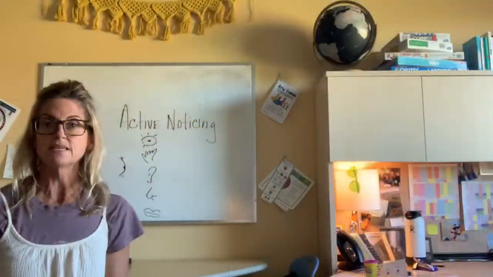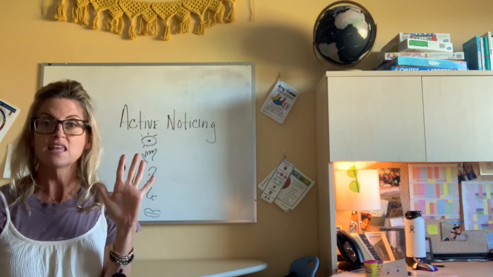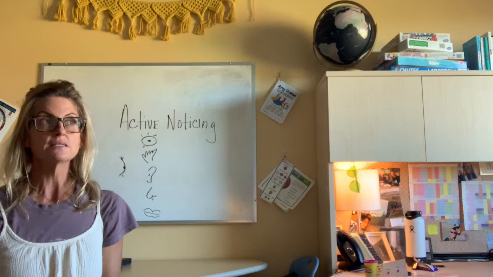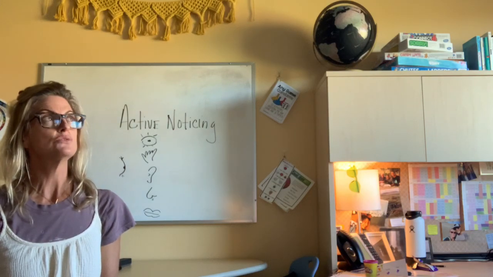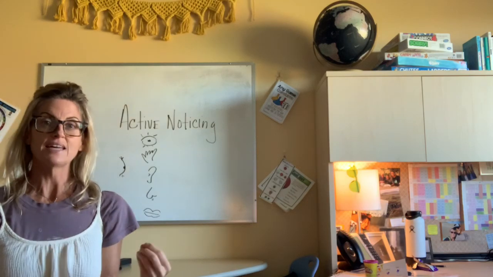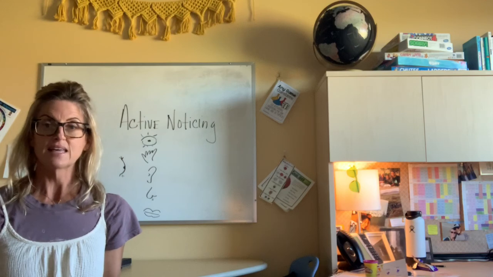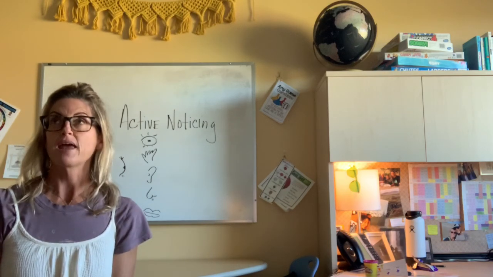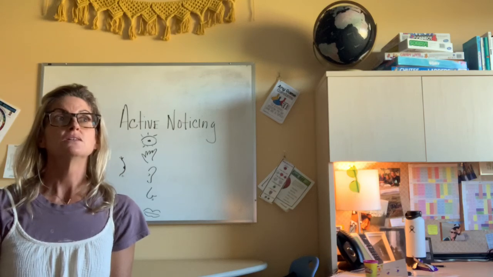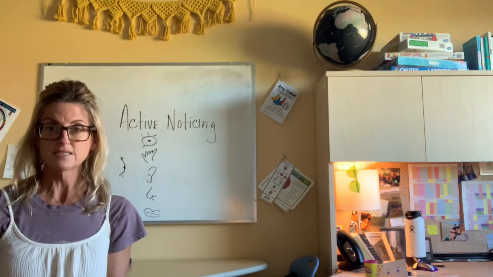Active noticing. Can you notice 5 things that you see? So just notice 5 things that you see with your eyes. And I always add naming. Naming what I see, like it's a fact, like frame, kite. So go ahead and pause the video if you'd like to practice that.